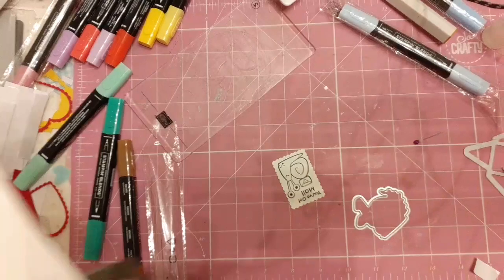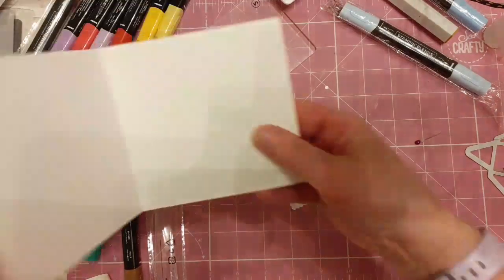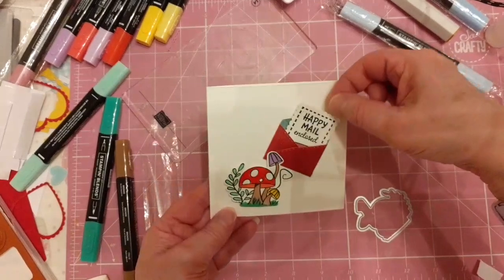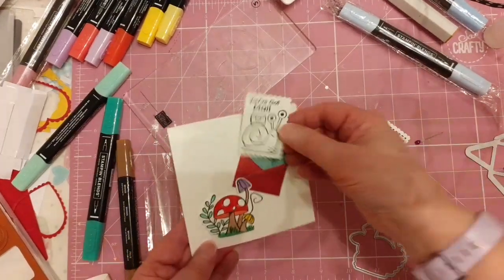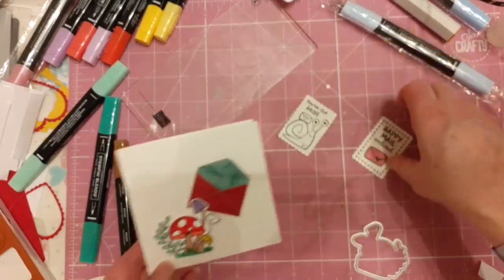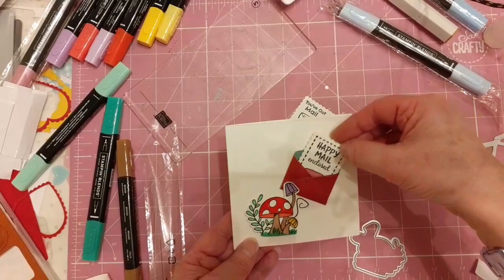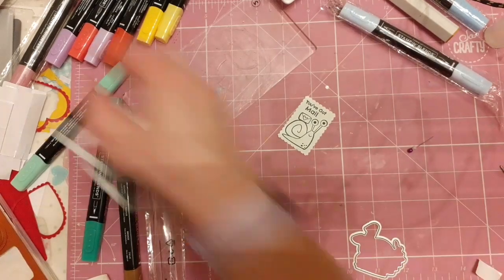Okay, and that would mean then, because I'm thinking about a child for this one, so the child's got an interactive card that they can take out the happy mail, and they can put in you've got mail, so they can interchange it with this one. So I'm going to make another envelope for inside. So I'm going to bring back my envelope die